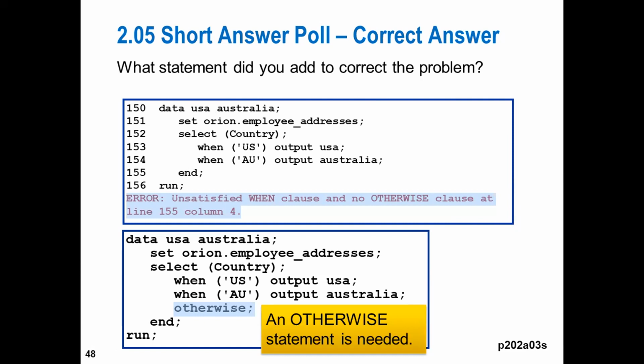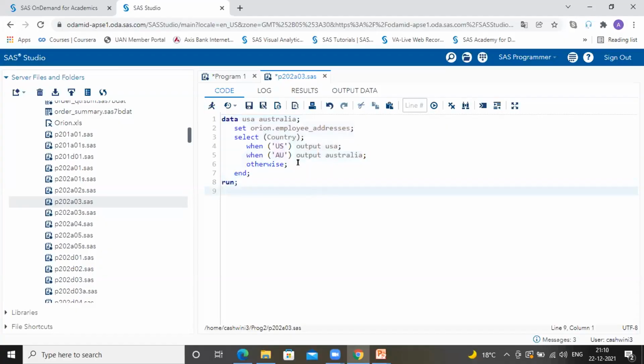Your syntax of select has to end with end, no doubt. But in case you are not creating any other data set, and you have finished directing the respective observations to the respective data sets, it should end with otherwise. So that's what we had seen in this also. See, simply otherwise. There is no third data set provided here. So it's a syntax error if you do not write otherwise, even if you are not creating any third data set here. All right.